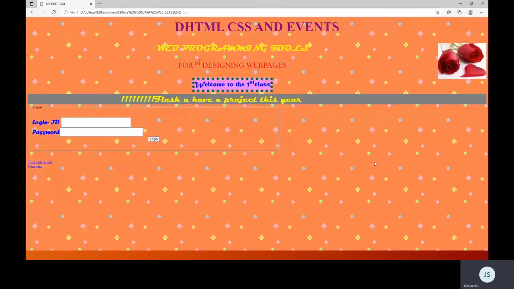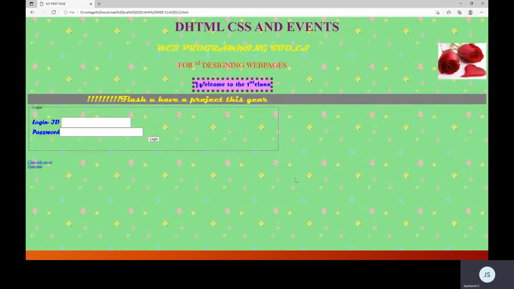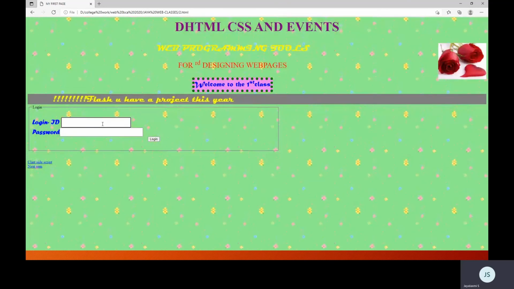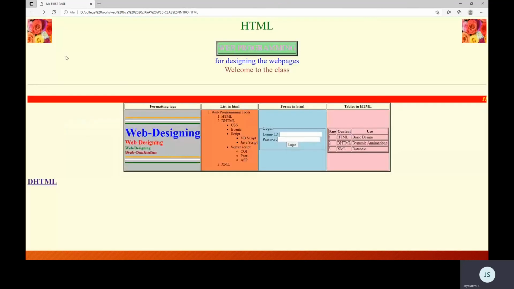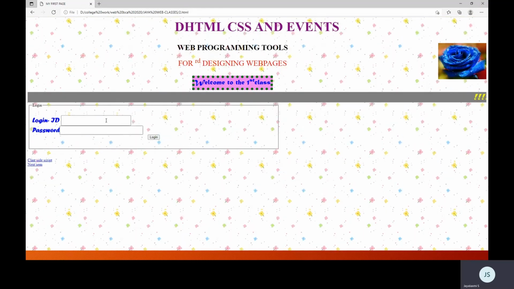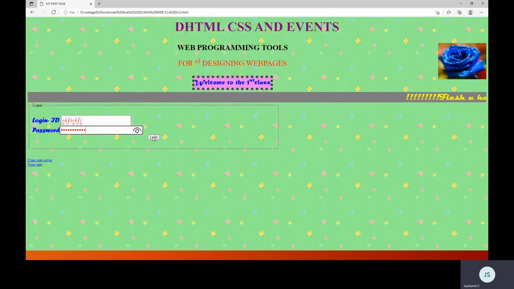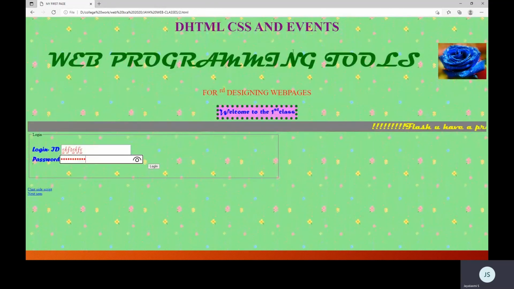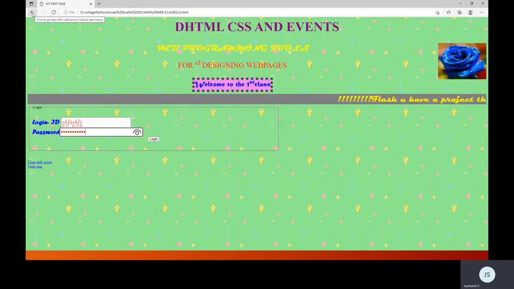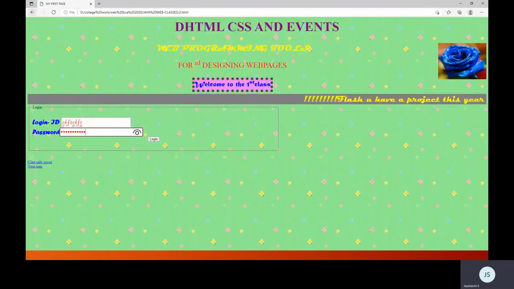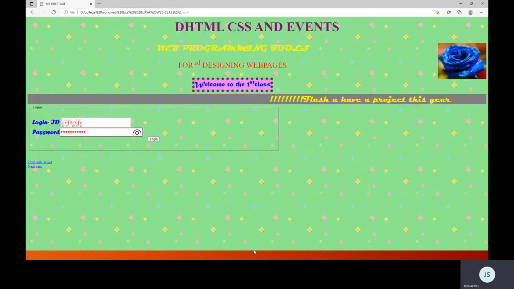I click here, the colors are changing. This login ID and password I'm getting beautifully. Previously it was very static, and when I typed inside it was coming with the default font. But now, check, inside also I'm able to change. So this is the difference between your normal HTML program and a DHTML program.